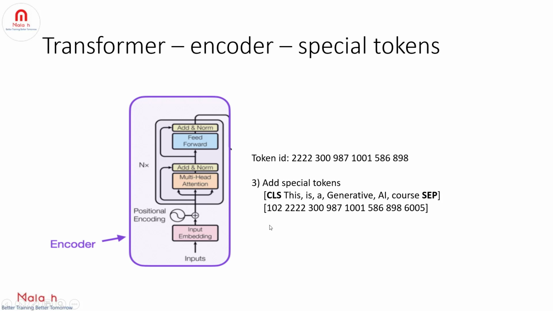Okay, so here we are trying to add special tokens for our input. As a human, we can understand the period at the end of the sentence says it's the end of the sentence, right? But how will the model understand that the sentence ended? That's why we are adding these special tokens. If you notice here, we added CLS as a starting special token and SEP as the ending special token. So CLS means classification, this is input starting, and SEP means separator, this means input ending. And assume this is how it looks after adding special tokens.